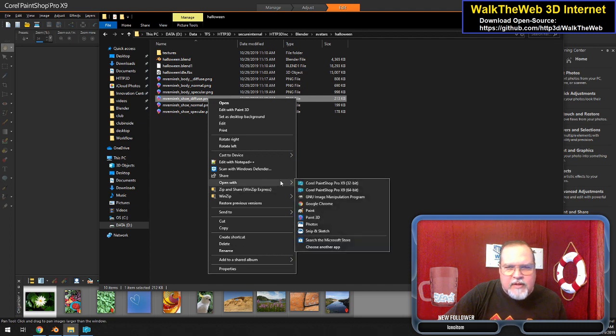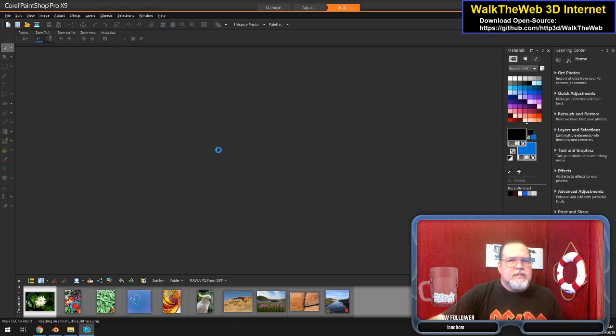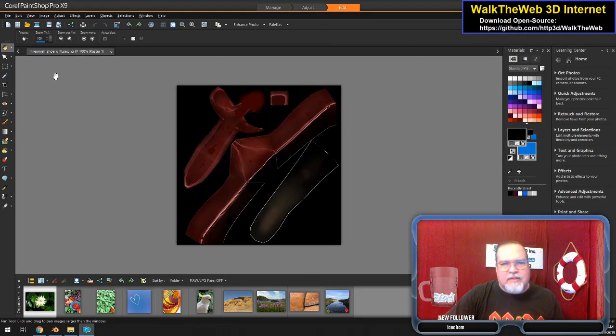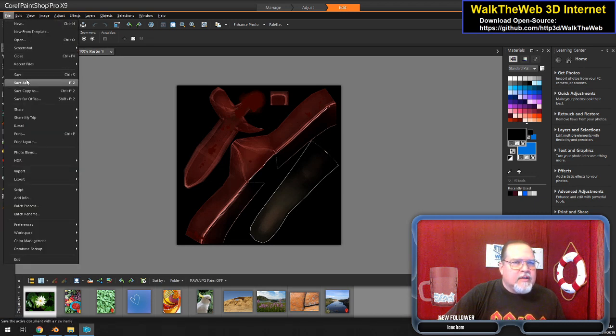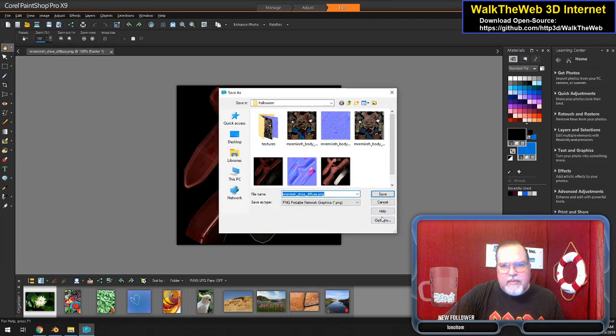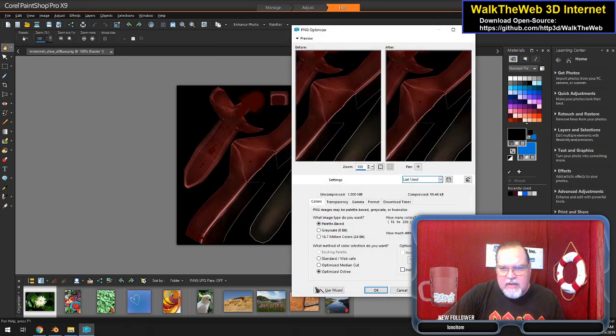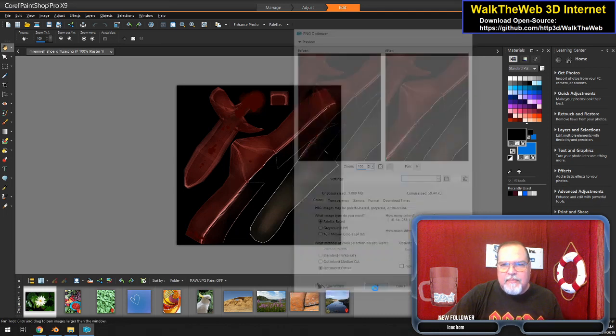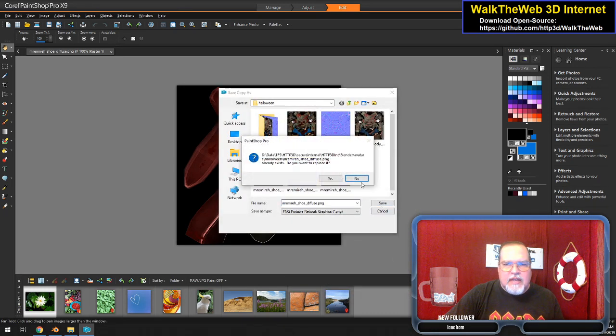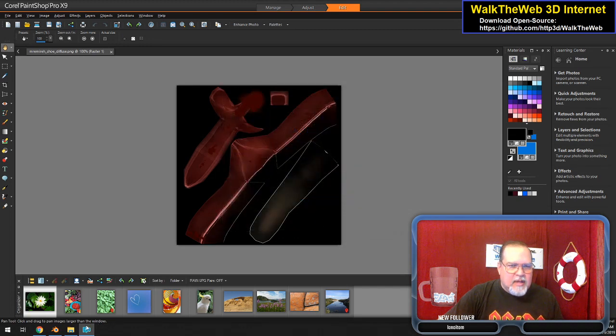Open with, where is it? There it is. Open with this. I know, I could probably drag it across and it'd probably do the same thing. File, Save As, Options, Run Optimizer, and this particular one, we're at 10. We could go back to 15 just because it was a good number anyway. We're going from 1 meg to 59K. That's pretty good. Okay, save, yes,